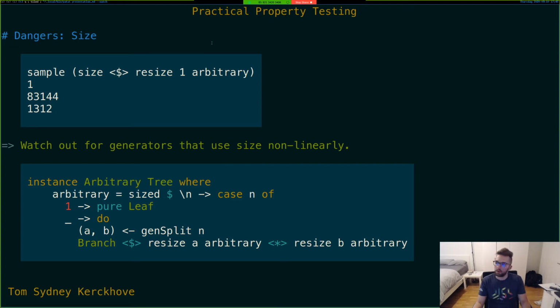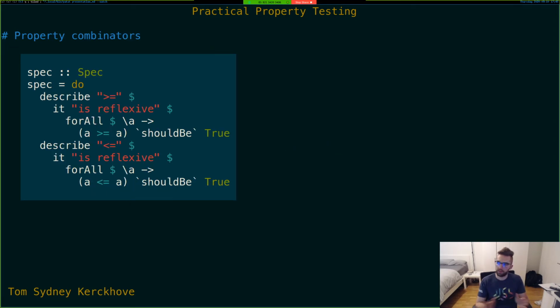Okay, going on. So the next thing I want to talk about are property combinators. It turns out that you reuse similar properties a lot. And some of them are mathematical, and those are the ones I'm going to give you as an example. I know that Haskellers usually like these kind of mathematical examples. This is not the kind of thing you would usually use a lot, but it's a good way to make my point here. So what I'm saying here is that greater than or equal to is reflexive, which means that